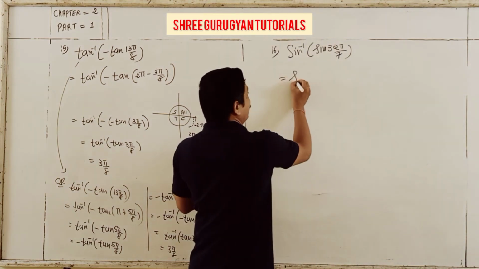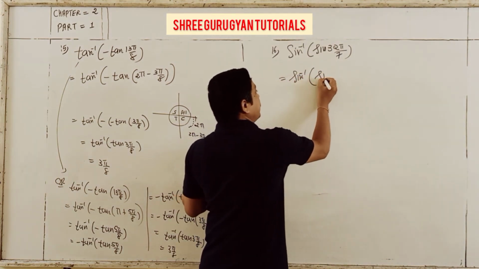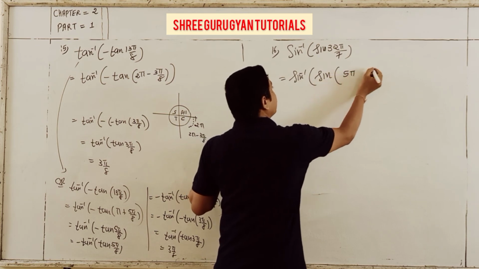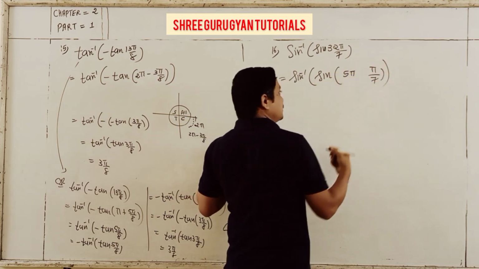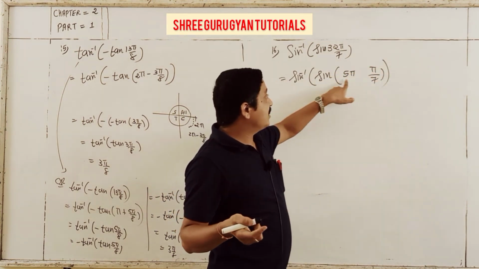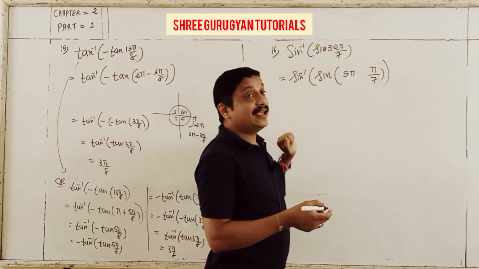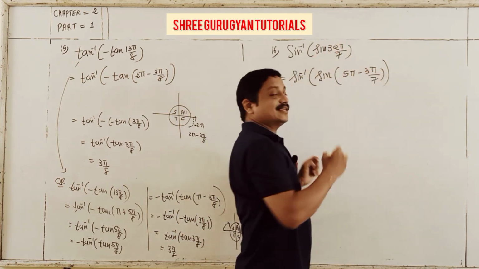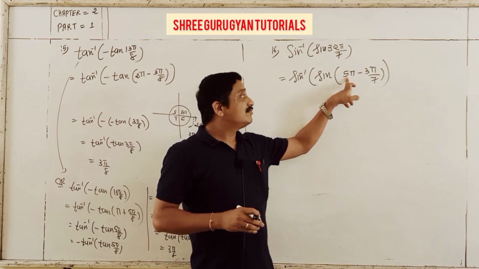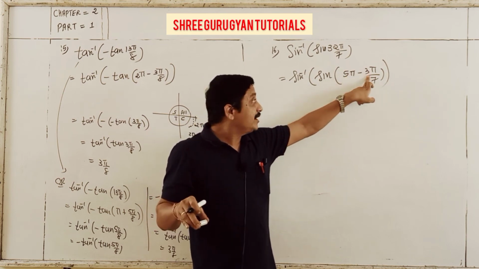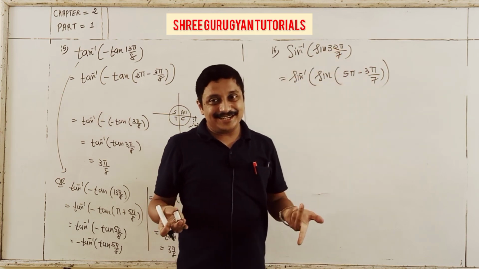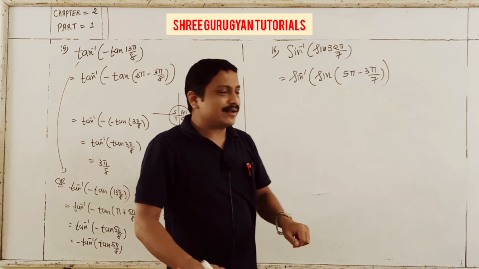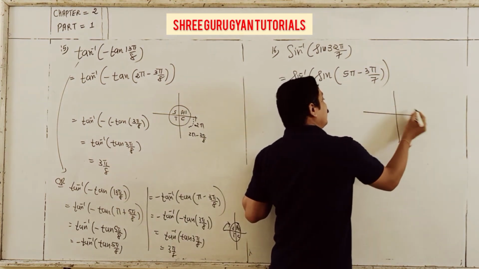So I will take pi, sine 5 pi by 7 and just rebalance. 7 fives are 35 and I want 32, so minus 3. Again 7 fives are 35 minus 3 and it's 32. So the big solution is over here. You just write down 5 pi